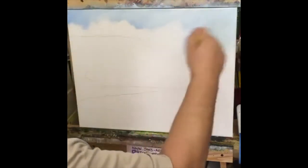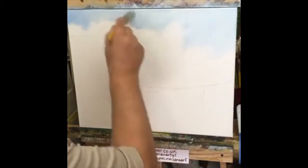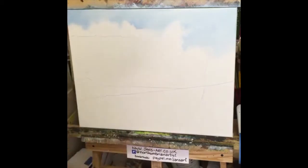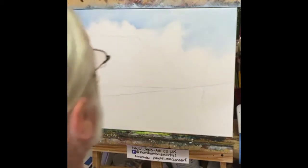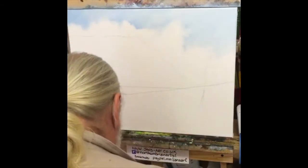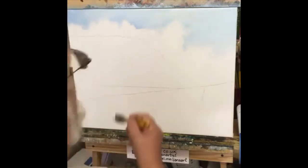Okay, there's me sky with a little bit of clouds coming over the top. One of these Lake District hills. Right, I'm just going to go over